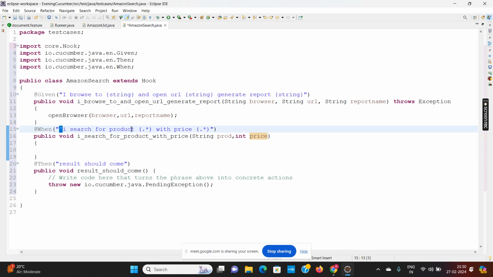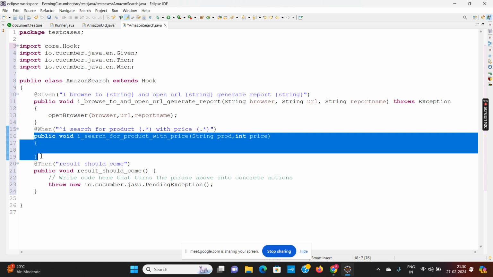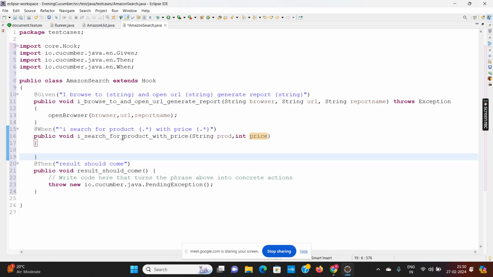At the anchor tag with the product, we want to pass the product name, and similarly when we are defining the method, remove the product name. I search for product with price, that only you have to write, with two parameters. Okay,